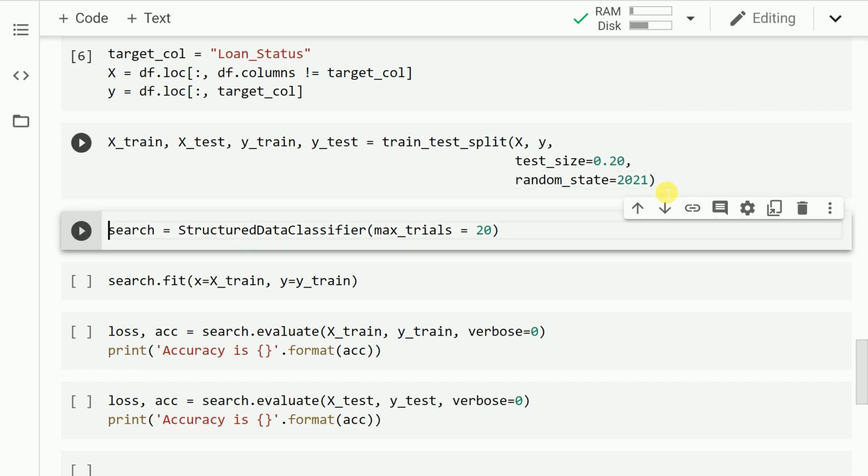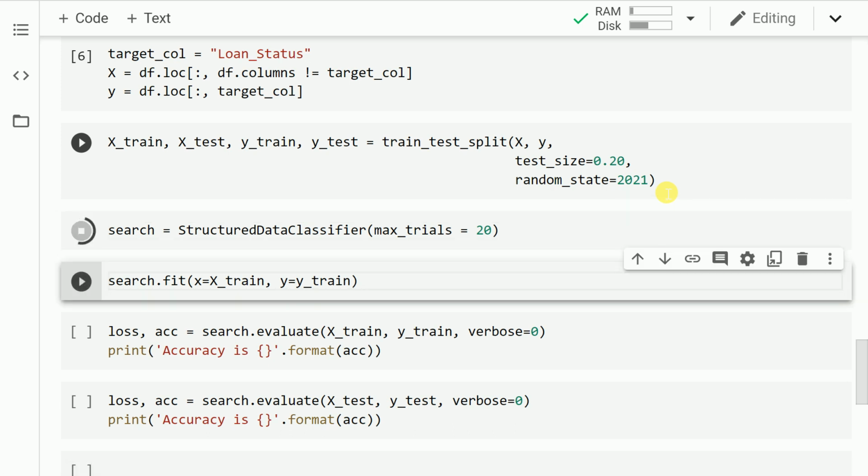Now what exactly does AutoKeras do? Well, it creates different deep learning models and validates it against a validation set, and whichever is the best performing model, that is something that is given to you in the final result. If this idea is clear, then the first thing that I'll do is I'll create an instance of the structured data classifier with max_trials equal to 20 and save it into a variable called search. You might wonder what is max_trials? Well, max_trials are the maximum number of different Keras models you want to try your data with. So let me run this cell.